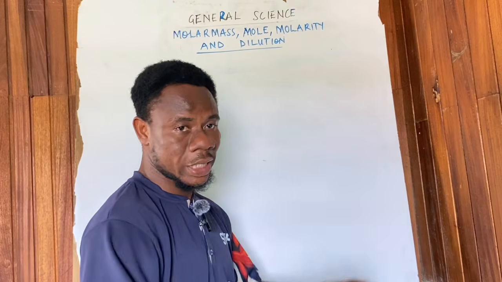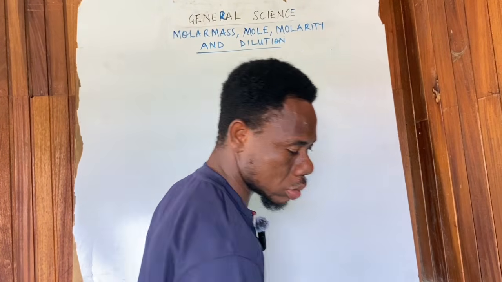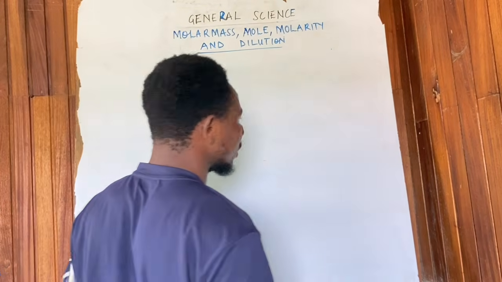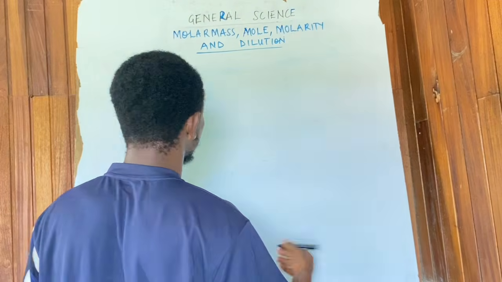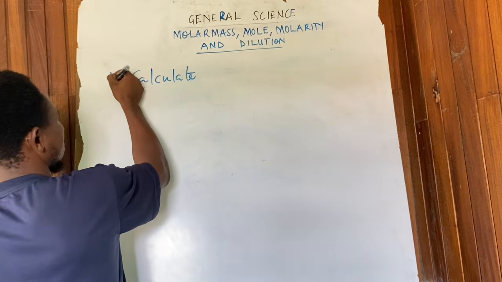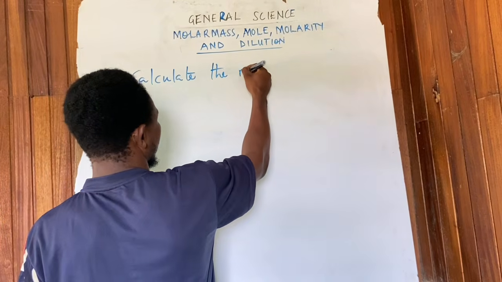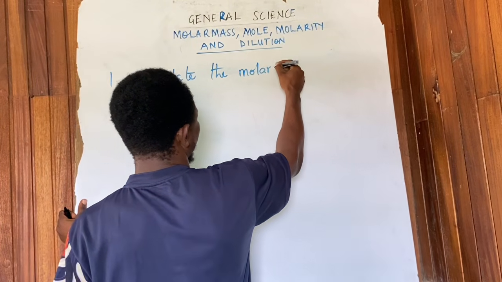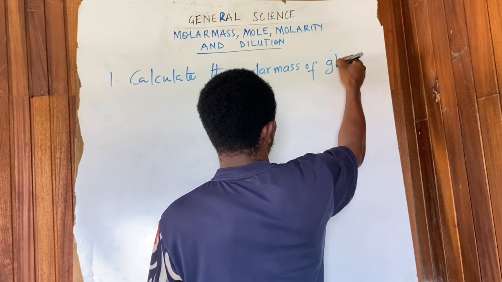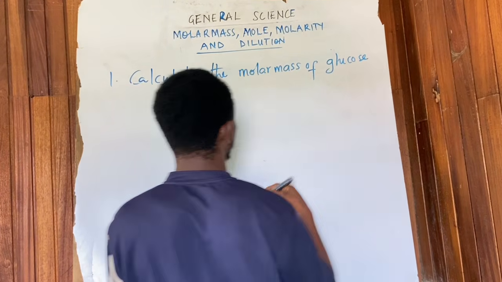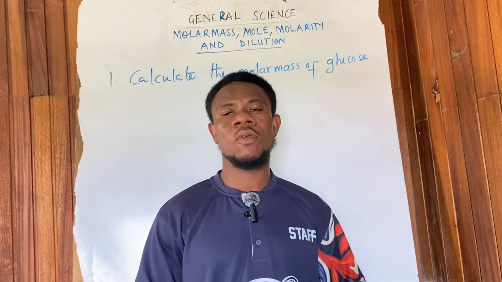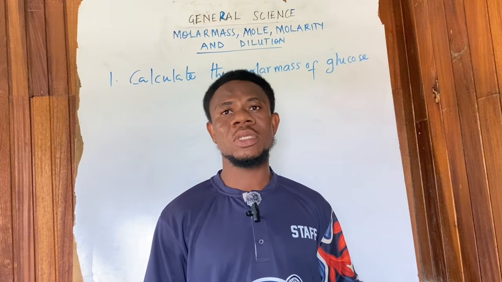So let's take the molar mass first. Now, let's say we have to calculate the molar mass of glucose. If you don't know the formula for glucose, sometimes it will be given